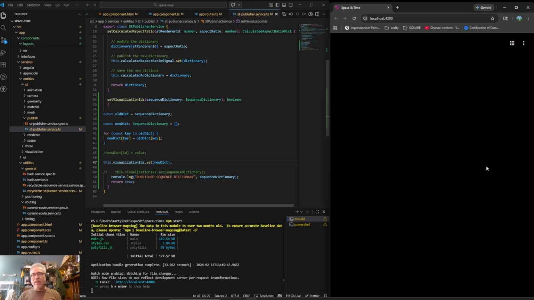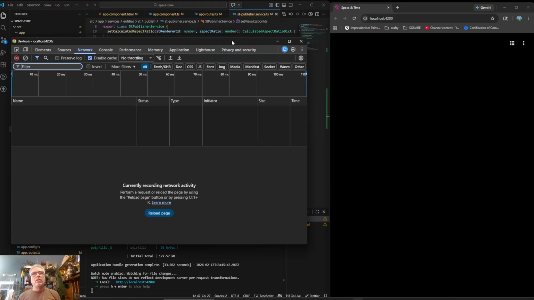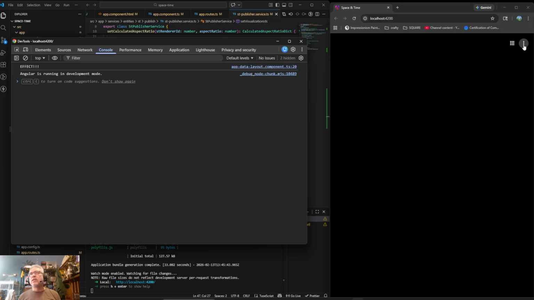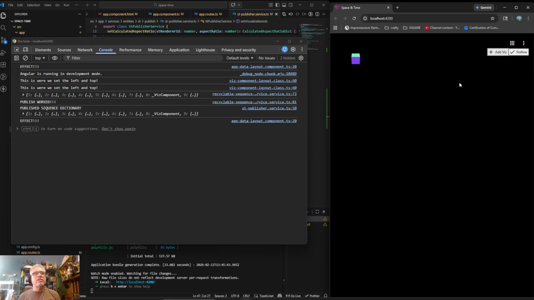And so if you look over here, let me get my F12. I love the big keyboard. And then if I go to my console log and hit this and add viz, we get this entire object, right? And it's nice. The problem is that